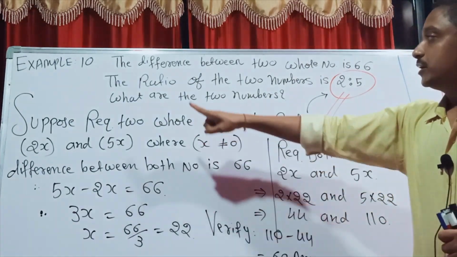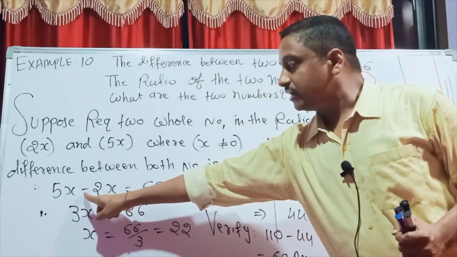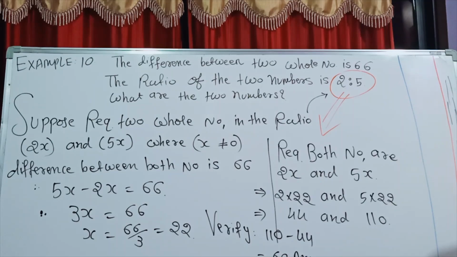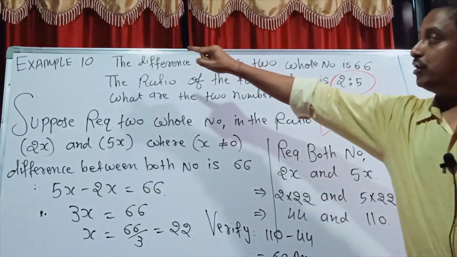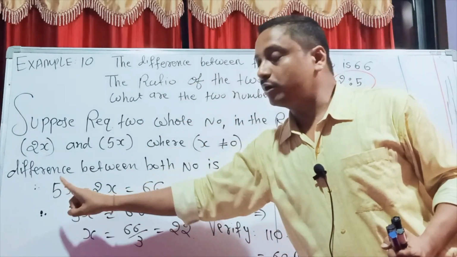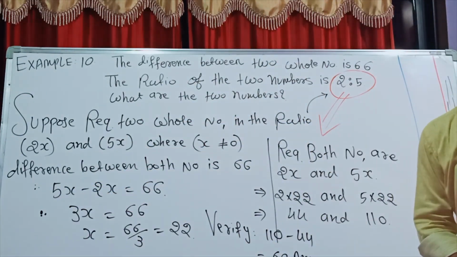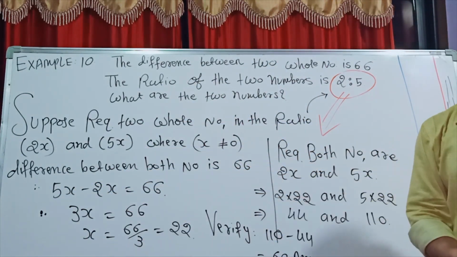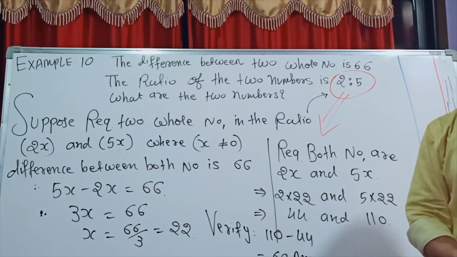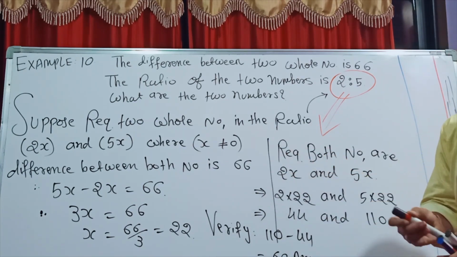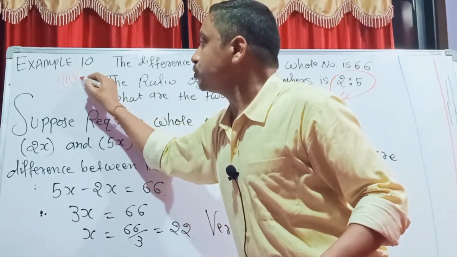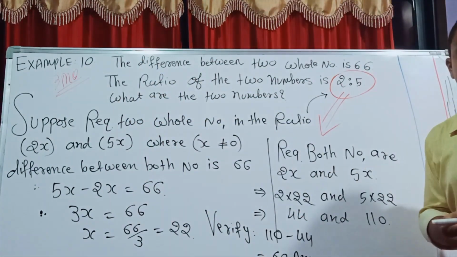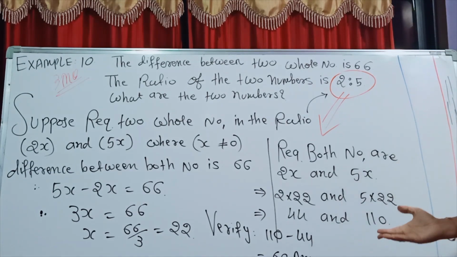One more time, I repeat: when a difference is given, that's why here I write minus. But if a sum is given, then you take plus. And whenever it is a difference, students, always write the higher number first, and after that the lower number. Yes, happily done. Students, it is a 3 marks question. This type of numerical is asked in the exam. Yes, write properly.